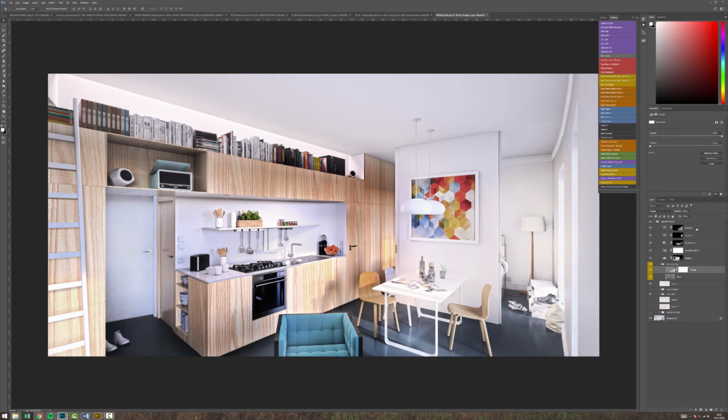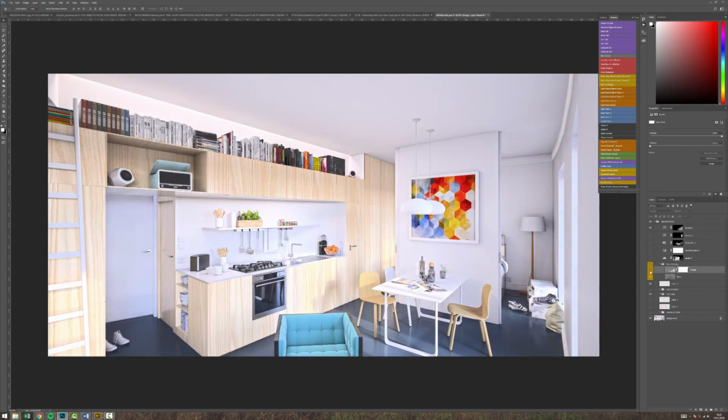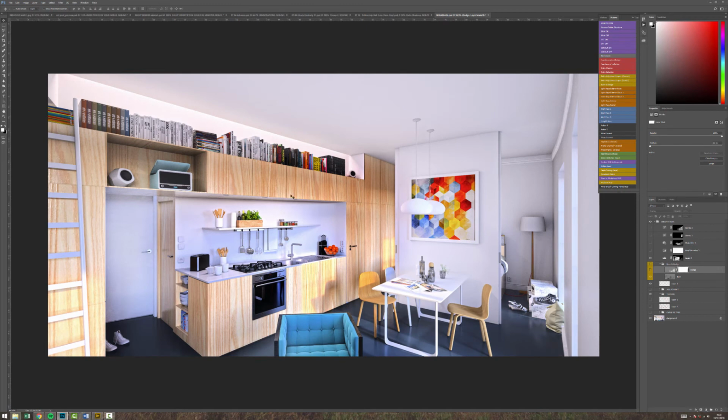Okay, so if we have a look at a couple of adjustments I just did, it's going to be really quick since it's mostly about lighting. First thing I did was change the levels. It gets a little bit burnt because there was really low contrast, but as you can see, the idea here is to bring back a bit of detail in this area, and, whoops, sorry, on the cabinetry here, and also